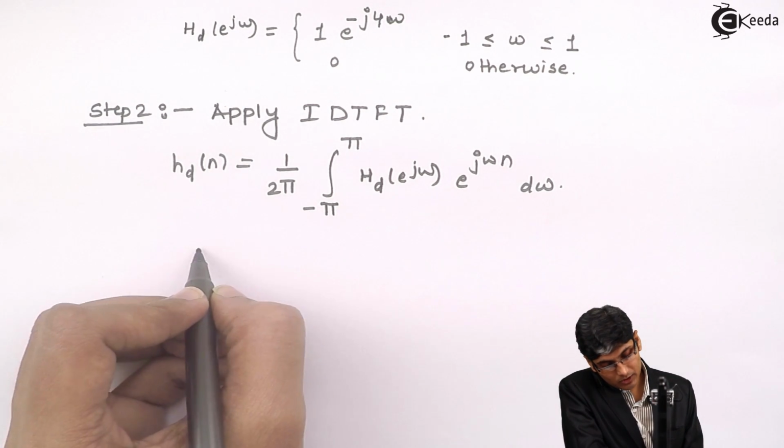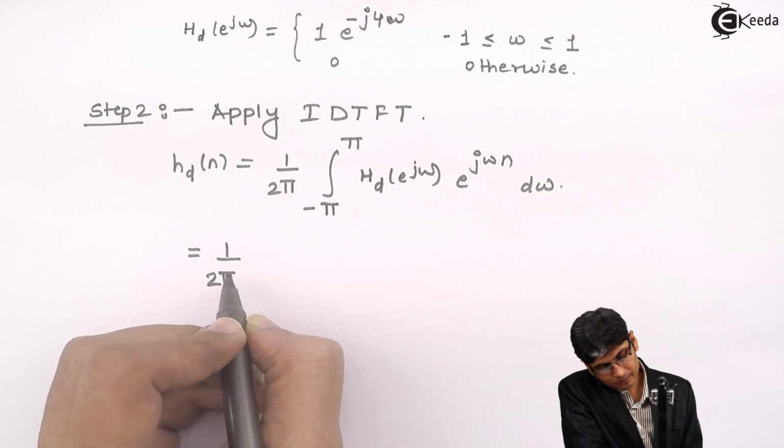So when I substitute this, I'll get 1 upon 2 pi,